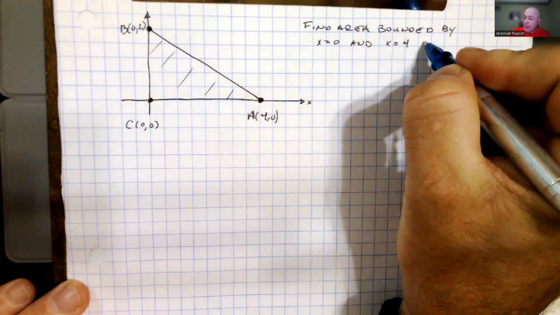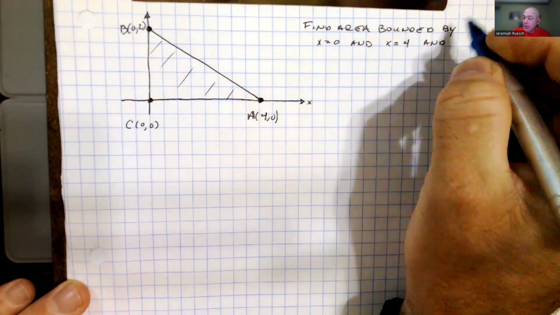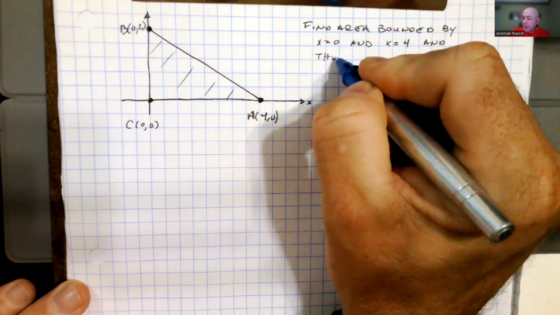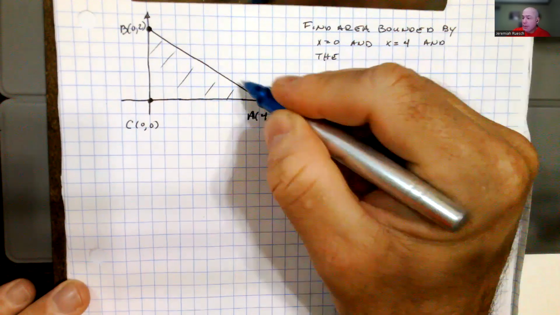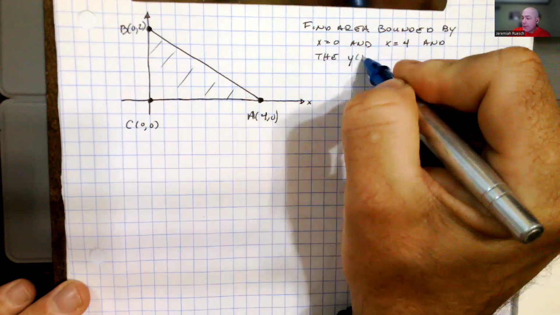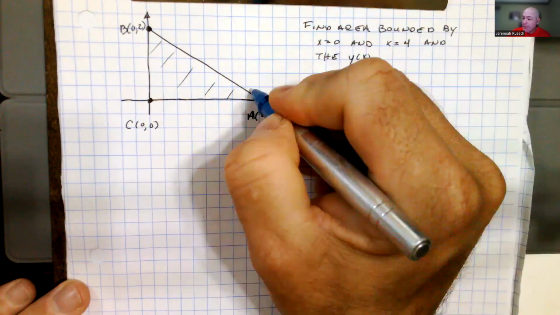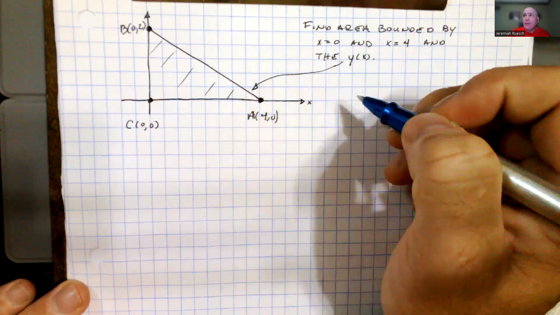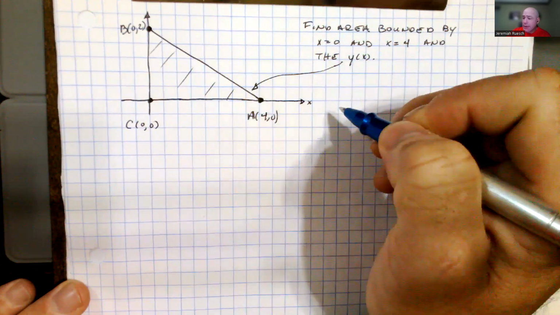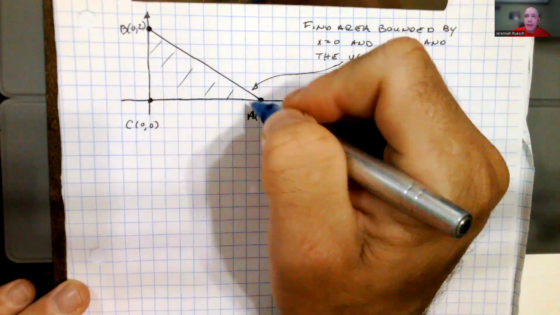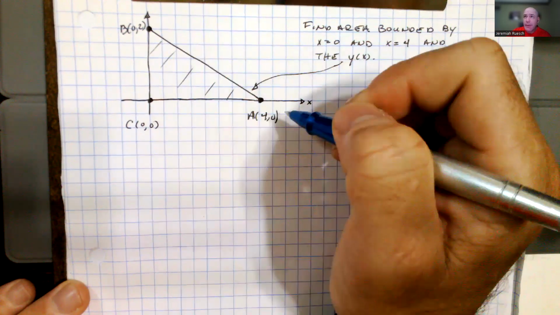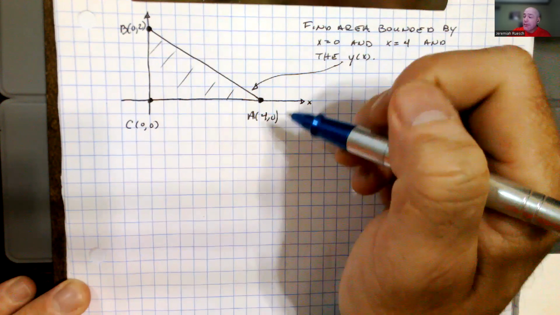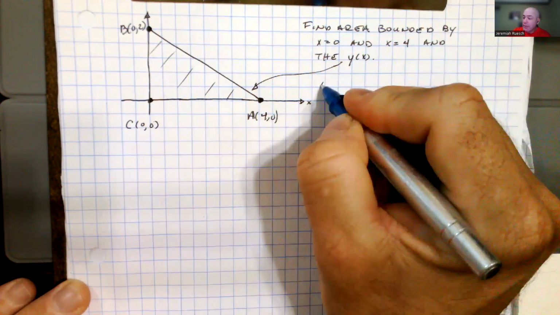And the curve, which for us is a straight line, y of x. This is y of x, and we'll need to define what y of x is. We'll have to calculate that, finding the equation of the line y of x. Okay, so that's what we're going to do. But first, note